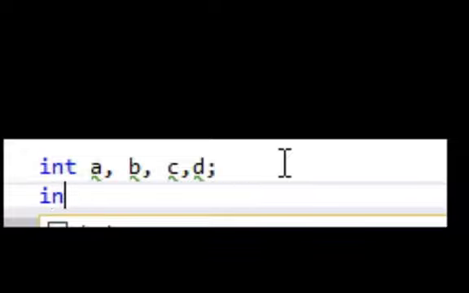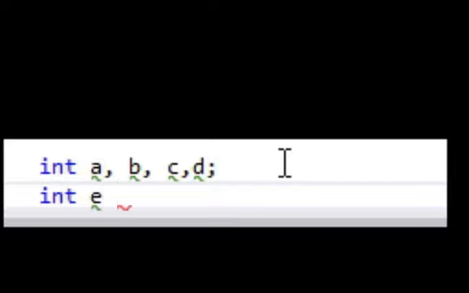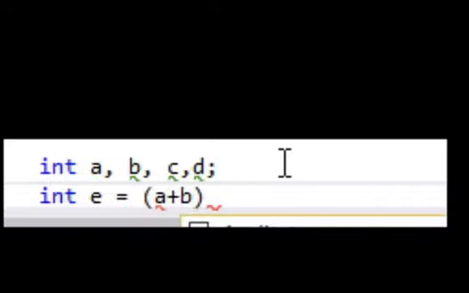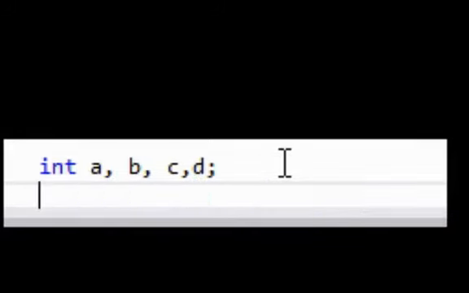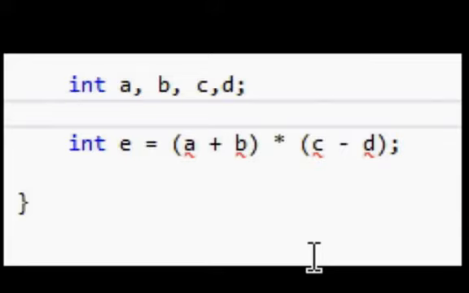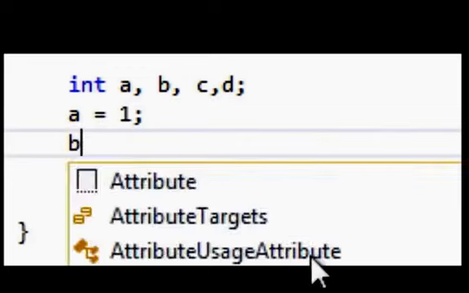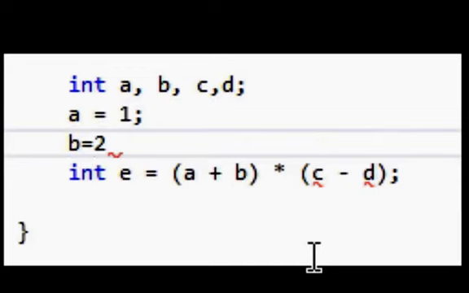using operators. So a new integer is being declared here called E equals (A plus B) times (C minus D). We'll set some values for A, B, C, D first. So A equals 1, B equals 2 with the assignment operator,